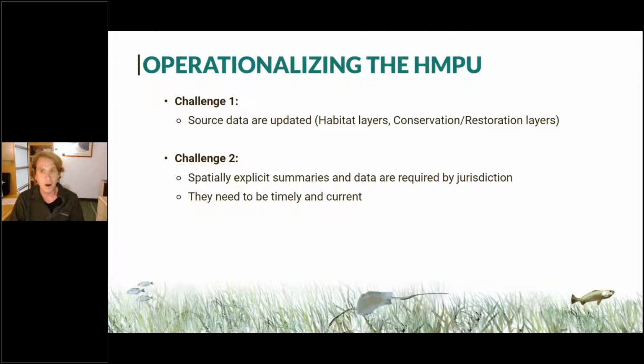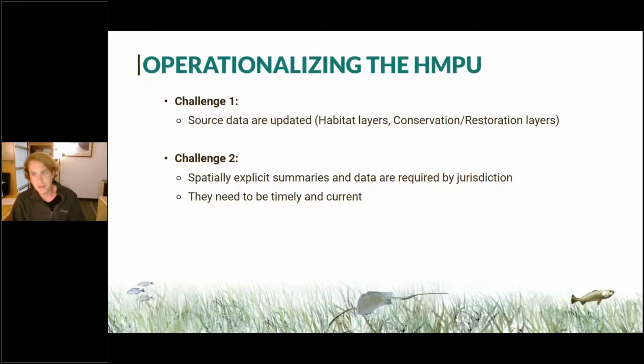And as I said before, when we had this document, we said, okay, now we have a plan, but we need to operationalize it. The first challenge being that we know the source data that feeds these assessments, the status and trends tables, are updated periodically, and it's not a simple process to go from the source layer to that table. There's a bunch of steps in between, and we wanted to make sure that we as a program, once we had the document handed off to us, could reproduce those numbers so that we can, say, every year come back to this group and give you an update on how well we're doing in achieving these different targets and goals. So we wanted to figure out that process, first of all, operationalize it, but also produce the results in a way that was spatially explicit,